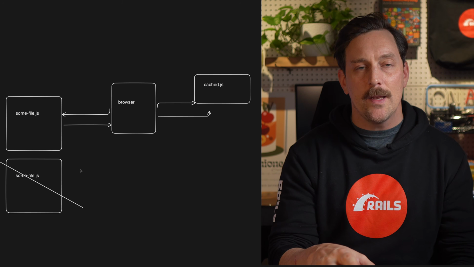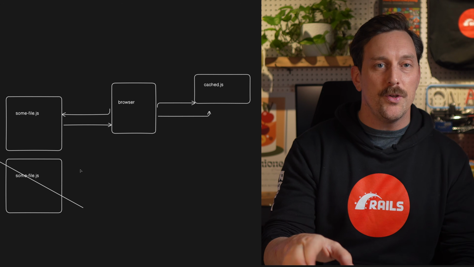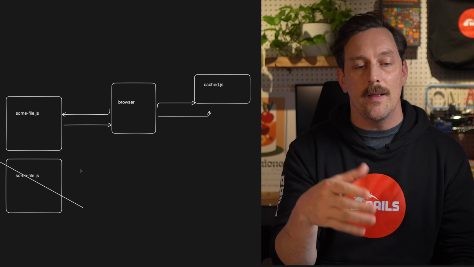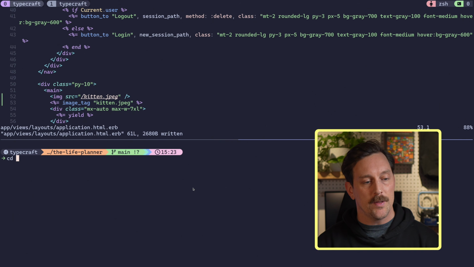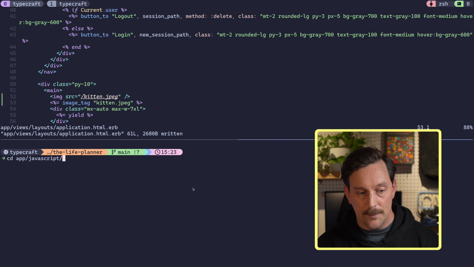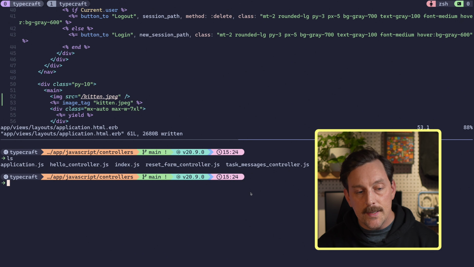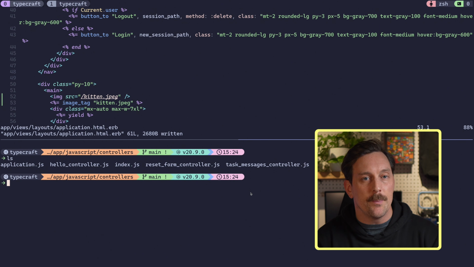So how would you handle this problem here where a browser will use the cache of your file instead of the new file itself when you make some changes? Well, the most straightforward way to do this is to stamp the files with a value that represents the contents of that file so that the file name will change when you change the contents of the file. Here, let's check this out. In our app, we can go to app JavaScripts controllers, and we see in here that we have a bunch of JavaScript files, okay?